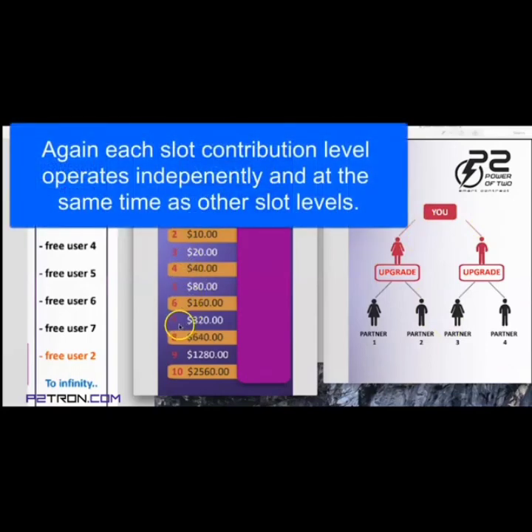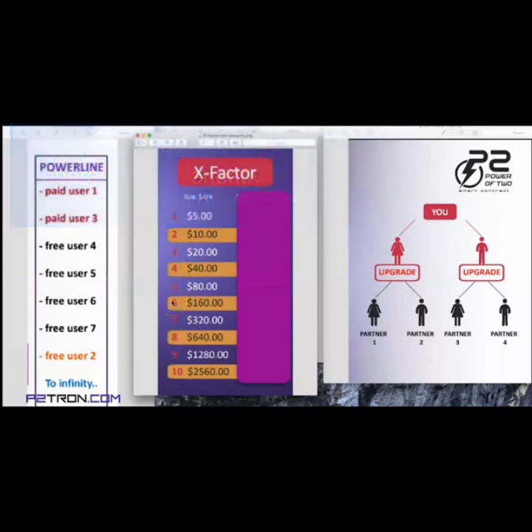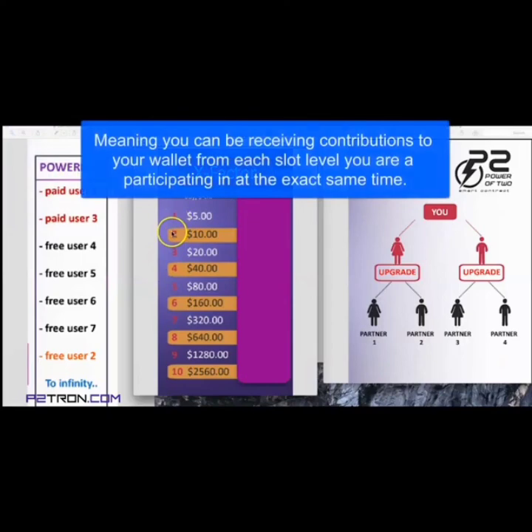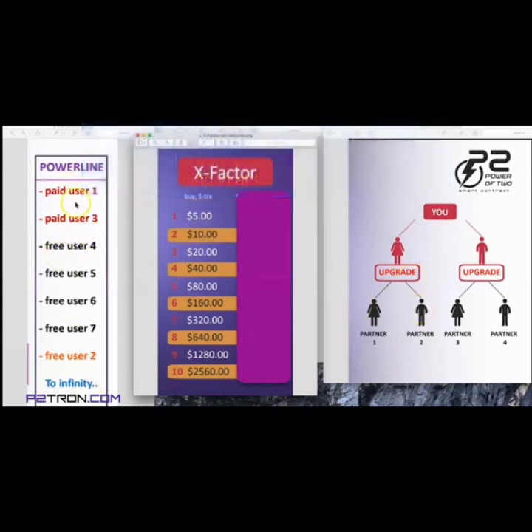Okay, I hope this helps to clarify some, or at least paint a better picture. But each different slot level is working independently. It's a different, I don't know if you call it an income stream, but it's a different contribution level. So there's different amount of people who might be participating. Each one has its own version of the global power line, and 2 people are placed in there, and potentially if you have 2 personal referrals coming and you were still waiting, those can be placed in your spots as well.